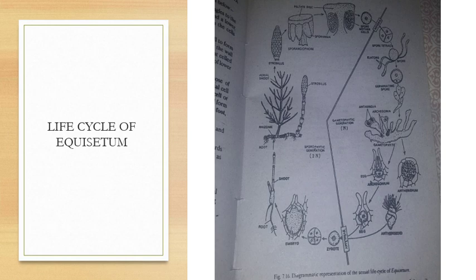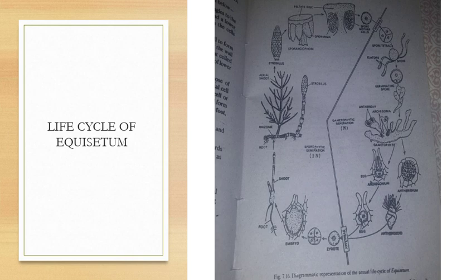The male reproductive organ is known as the antheridium, while the female reproductive organ is known as the archegonium. Inside the antheridium, the male gametes called the antherozoids are produced, while inside the archegonium, the female gametes called the eggs are produced. The egg and the antherozoid fuse to form the zygote. The zygote gives rise to the embryo. The embryo gives rise to the young sporophyte, which gives rise to the mature sporophyte.